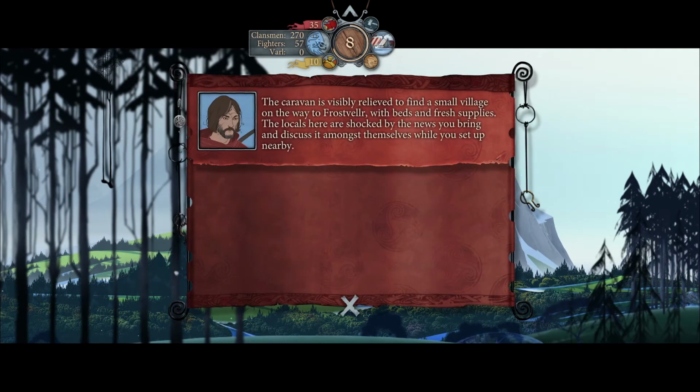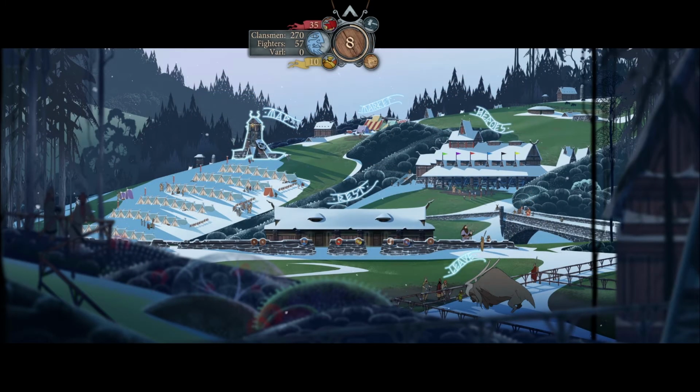Normal morale, okay. The caravan is visibly relieved to find a small village on the way to Rafnsvartr, with beds and fresh supplies. The locals here are shocked by the news you bring and discuss it amongst themselves while you set up nearby. Okay, so we can take a look at the...